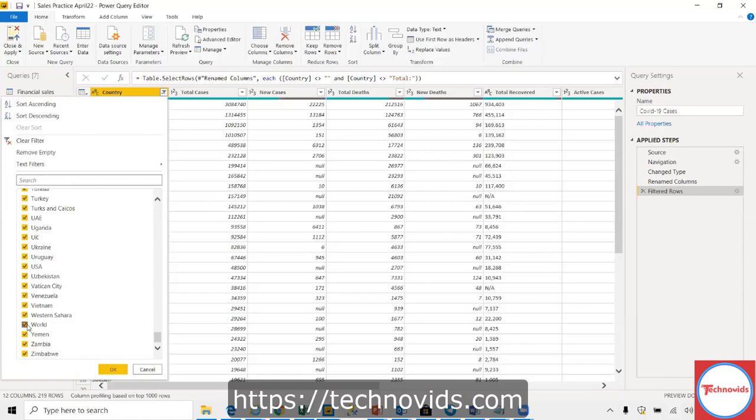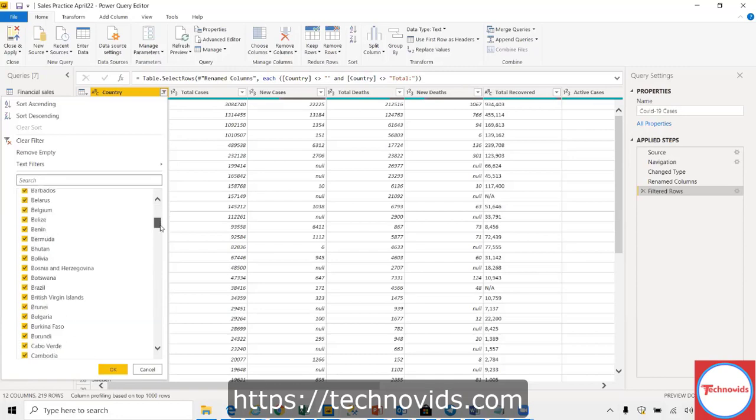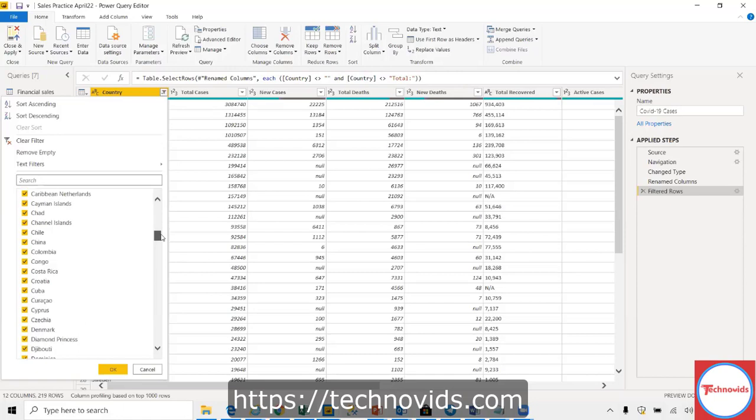And North America is there, South America is there. Asia might be there. Asia is there, just before Australia. Australia. So continent wise, he has basically done.